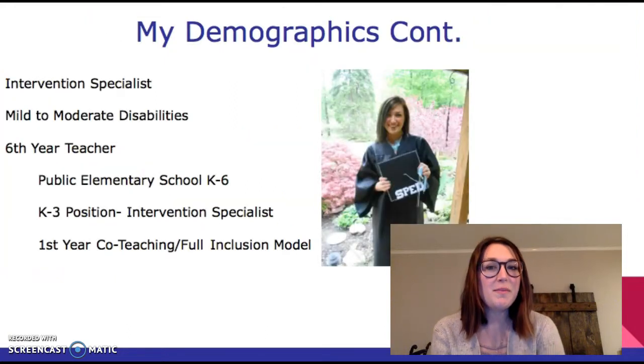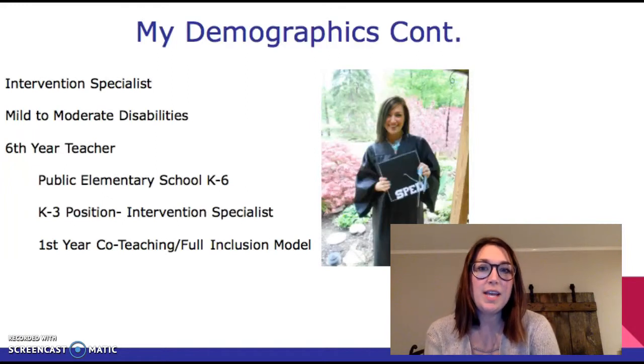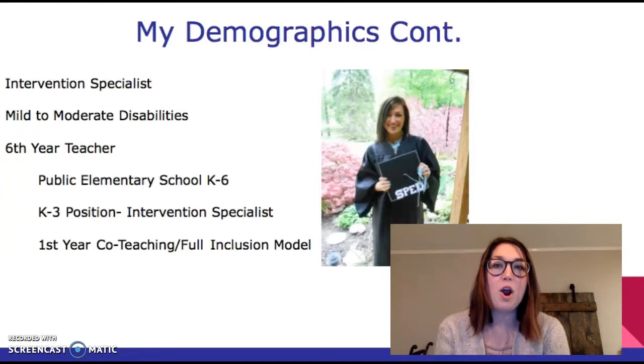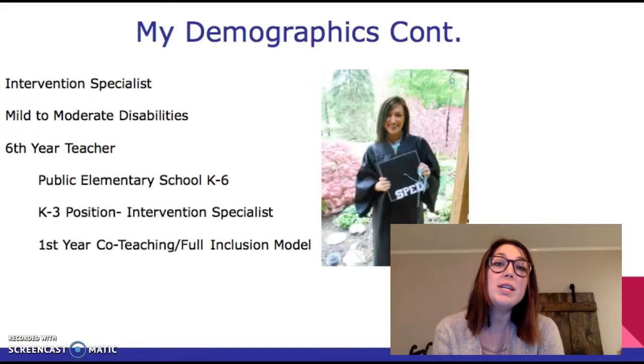So I just said I graduated from Kent State. I focus on mild to moderate disabilities in my district, and I am a sixth-year teacher at a public elementary school, and our building serves students from K to 6. This is my first year of co-teaching. In the past 5 years, I've done strictly pull out, push in here and there, but a lot of resource